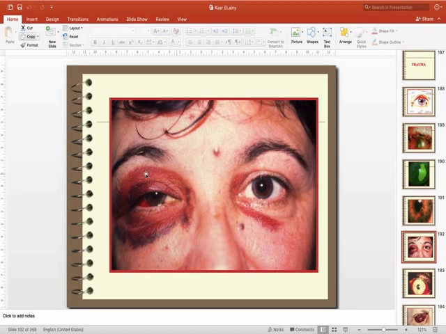This is a photo of periorbital hematoma, which is called raccoon eye or panda eye, like a panda or raccoon, and a subconjunctival hemorrhage in the right eye as well. So the most common cause of this is trauma, and in case of trauma, in history of trauma,